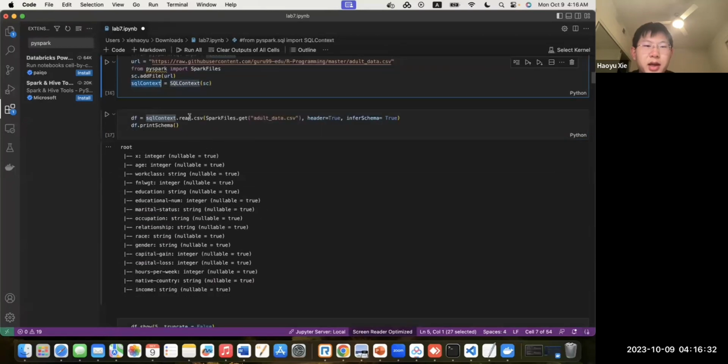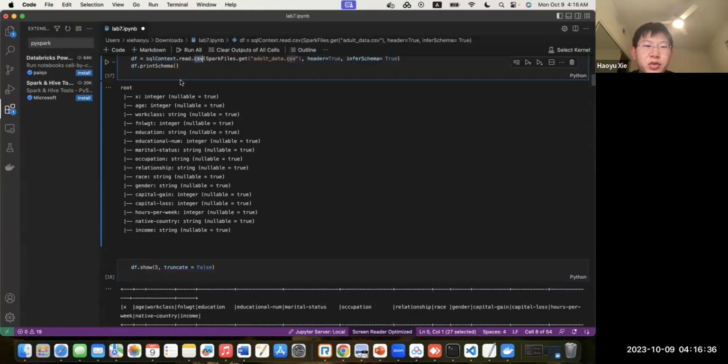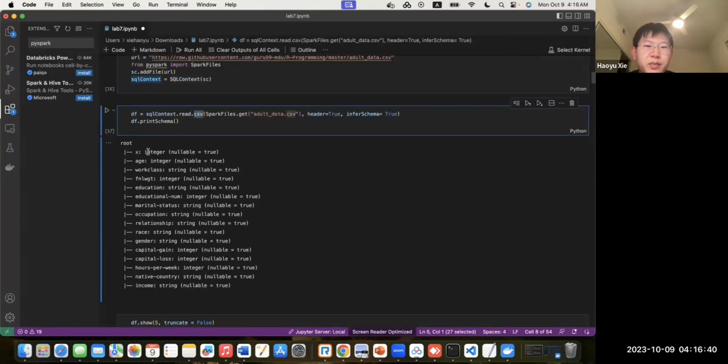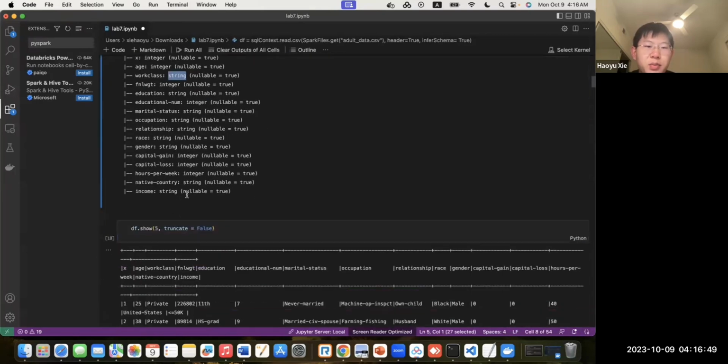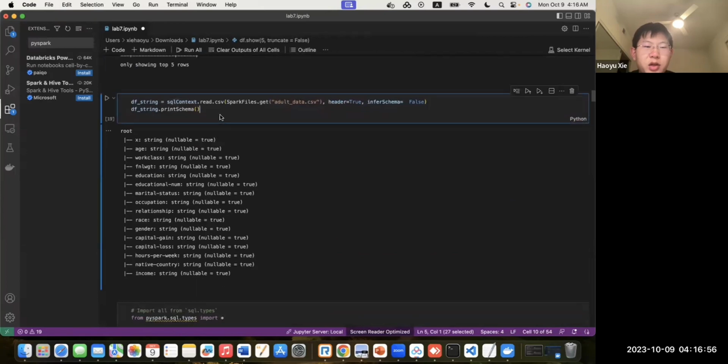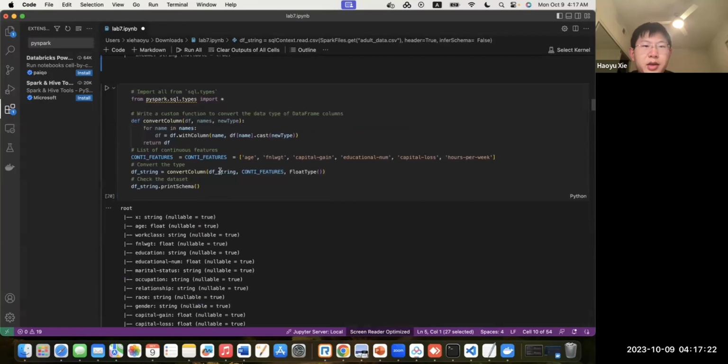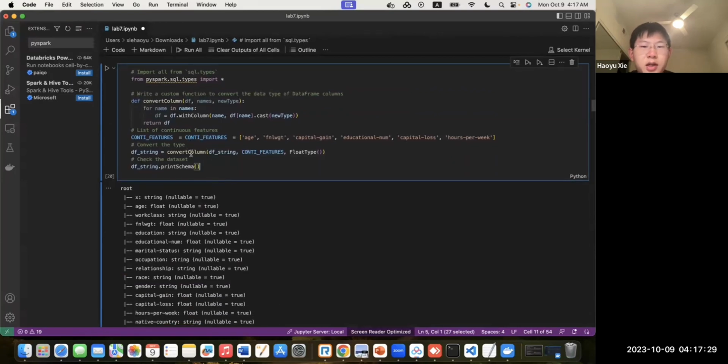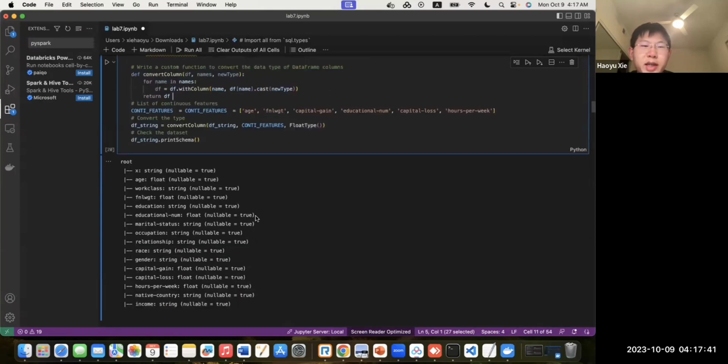Use the SQL context and read the data and show the data schema. As you can see, it infers the schema right, because it has not only the integer type but also the string type. I just show the data, and also here, following the instruction, it shows the wrong schema because this file name is wrong. Because we don't use infer schema, all of the types of this data are string, so it's wrong. Here we convert this data into float type by using this function,